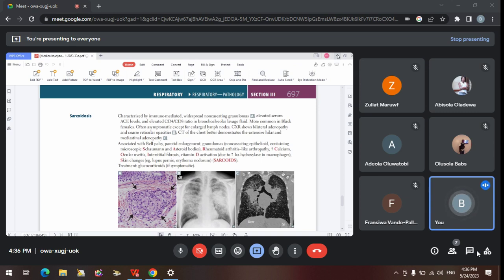Because we have even talked about the lungs. It can affect the lungs, because at the end of the day, when a chronic inflammatory process happens within an area, fibrosis will set in. So they can cause interstitial lung disease in the form of interstitial fibrosis. So that is why sarcoidosis is a cause of restrictive lung disease. Because at the end of the day, they bring about damage to the parenchyma, causing fibrosis from the chronic inflammatory process that's been happening. So we've talked about the skin, the lupus pernio, the erythema nodosum.